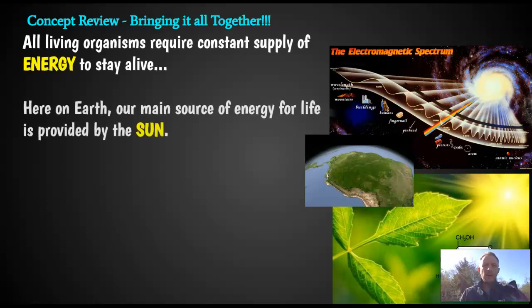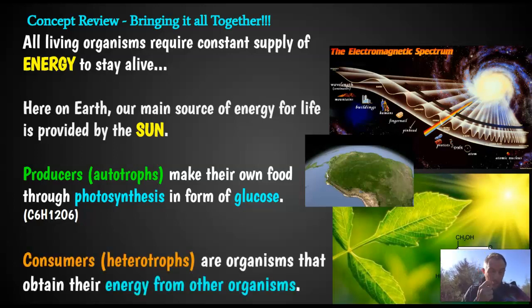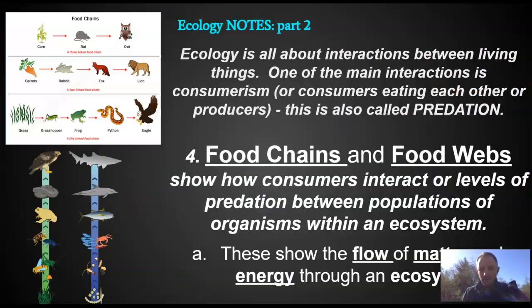All living organisms require a constant supply of energy to stay alive. We knew that, right? All living things are made of cells. They have DNA, and they need energy, use energy. Here on Earth, that source of energy is the sun. And producers make their own food through photosynthesis from this sunlight and turn it into sugar, chemical energy. They take CO2 and H2O, which exist here as gas and water, carbon dioxide on Earth, and they turn it into actual sugar. They take gas and water and they turn it into something solid. Right here, plants that other things can eat. And consumers are those organisms that then obtain their energy from those producers. They eat those things. My head's in a thing of sugar there. Sweet. Okay,